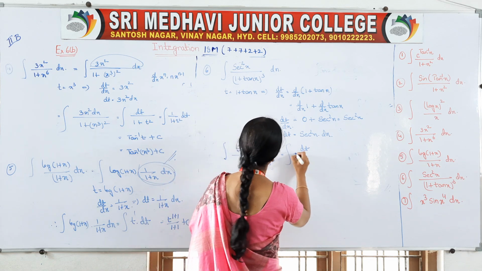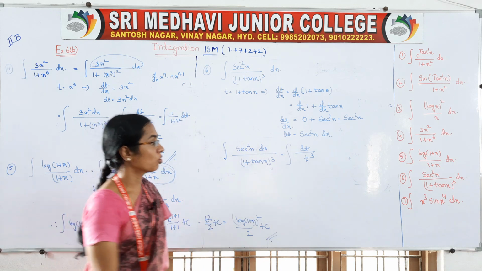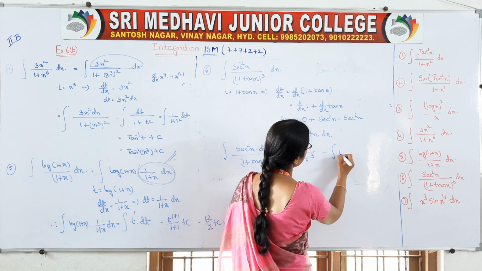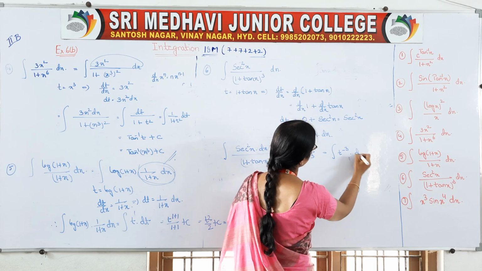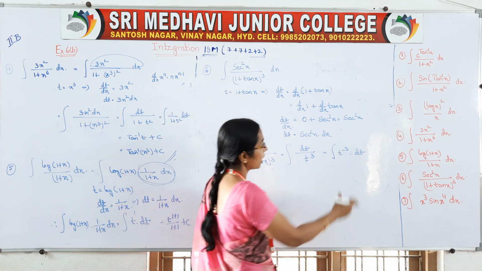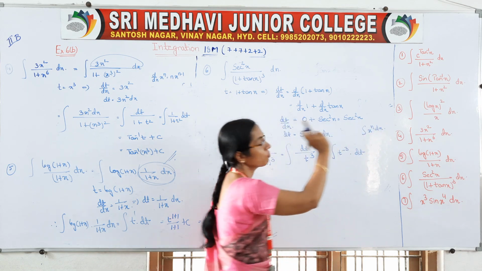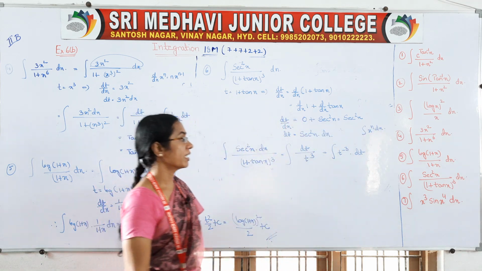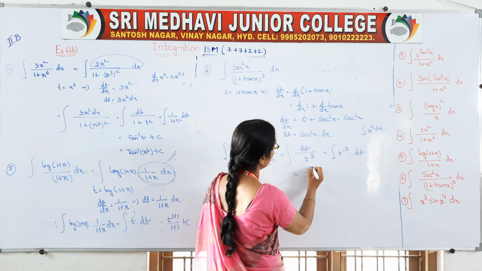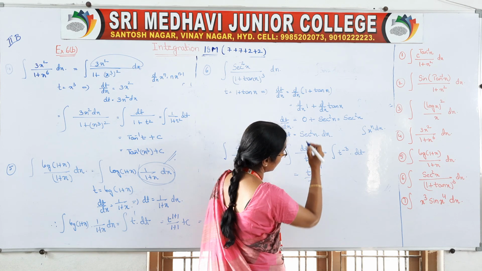So dt by, come on, this we have taken as t cube, but there is no direct formula for 1 by t cube. So we can write this as t to the power of minus 3 dt. Okay. So which formula now? Again it is in your standard formula. Power is there, so you go for the integral of x to the power of n form.